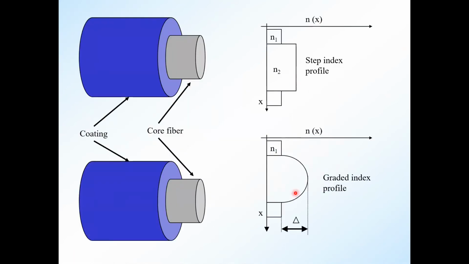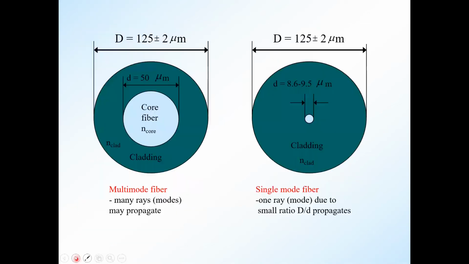Now step index and graded index I have already drawn for you. So this is just a representation of it. Now another classification of the fiber is, you will come across these terms as single mode fibers and multi-mode fibers. So single mode, the name,